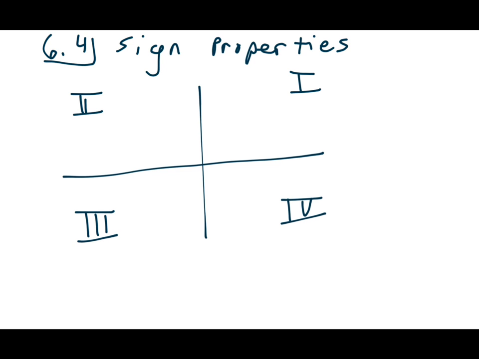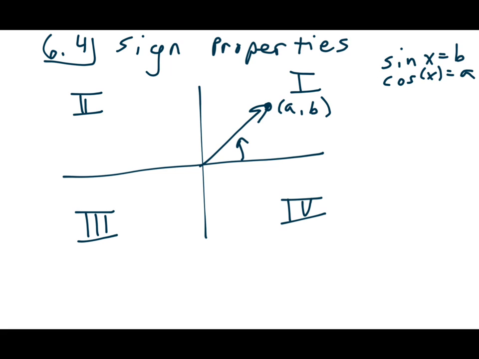So when I run my angle around through here, the point I'm going to is A, B. So if we think about that point A, B, we think about sine of x is B and cosine of x is A. Okay? So that's using the unit circle like we did in the last section. So up here